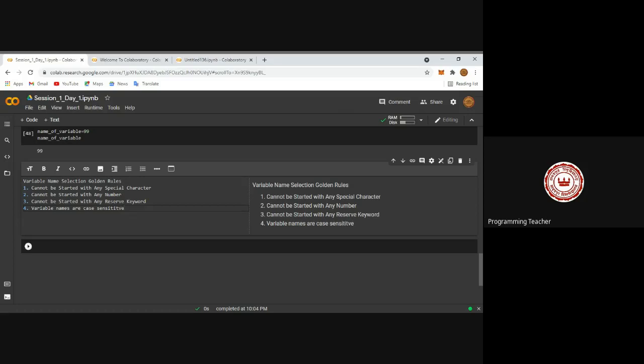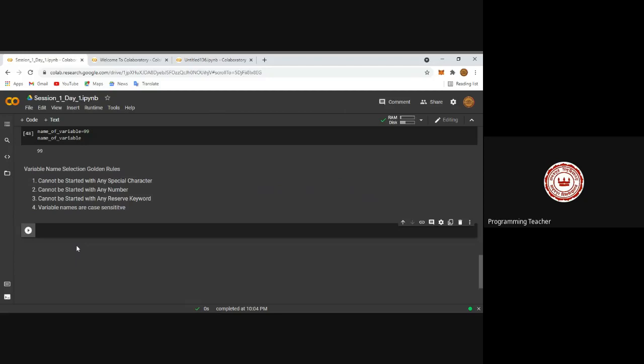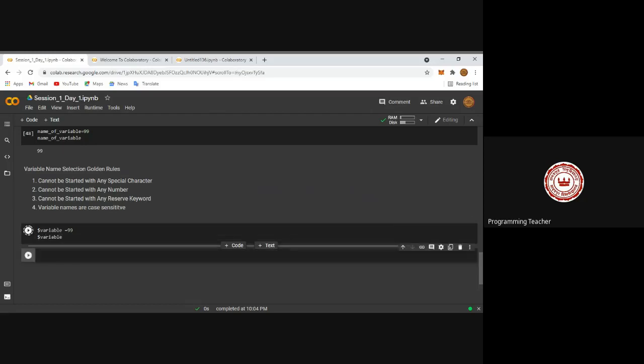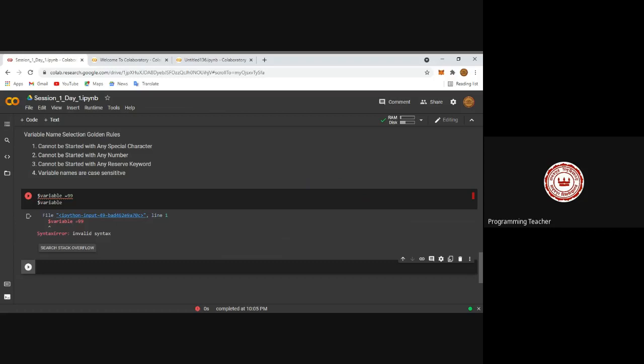So let me prove one by one. First point, cannot be started with any special character. I am taking one special character, dollar variable equal to 99. So if you try to run it, dollar variable, invalid syntax. So variable name cannot be started with any special character.